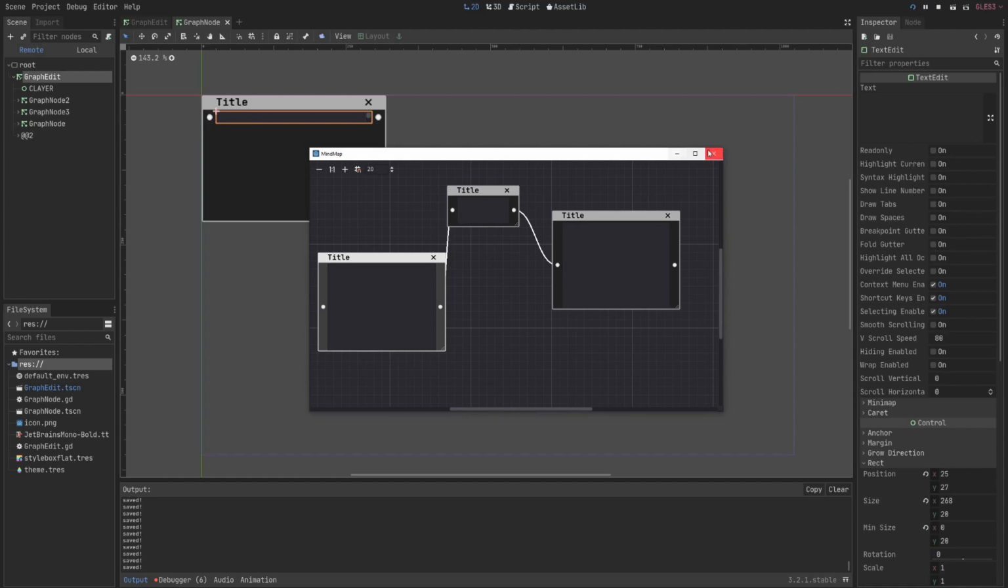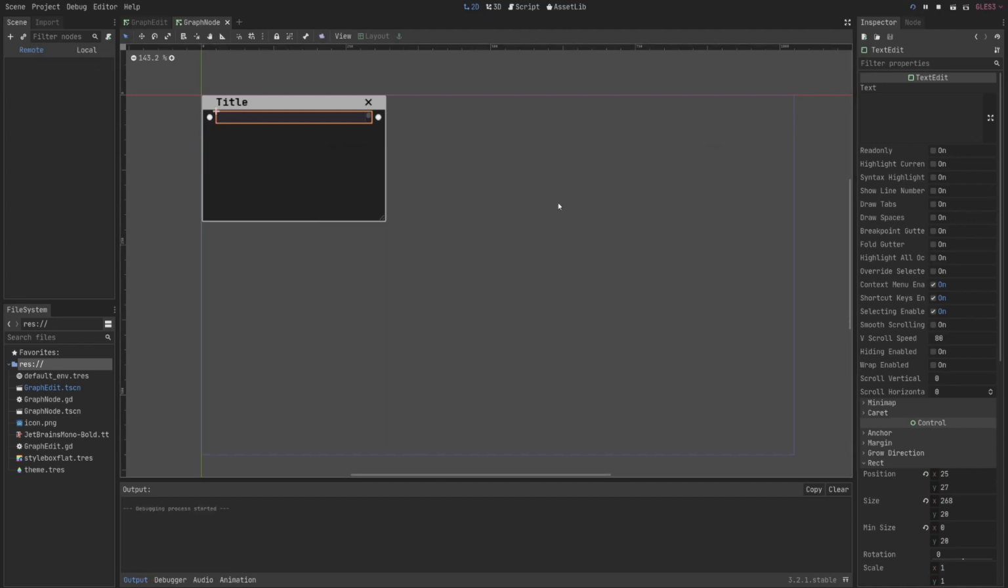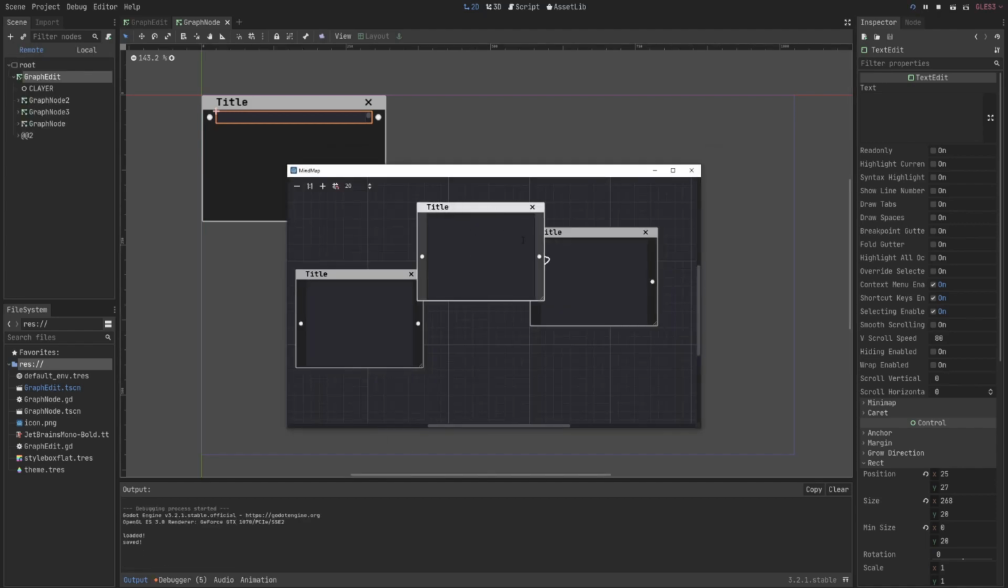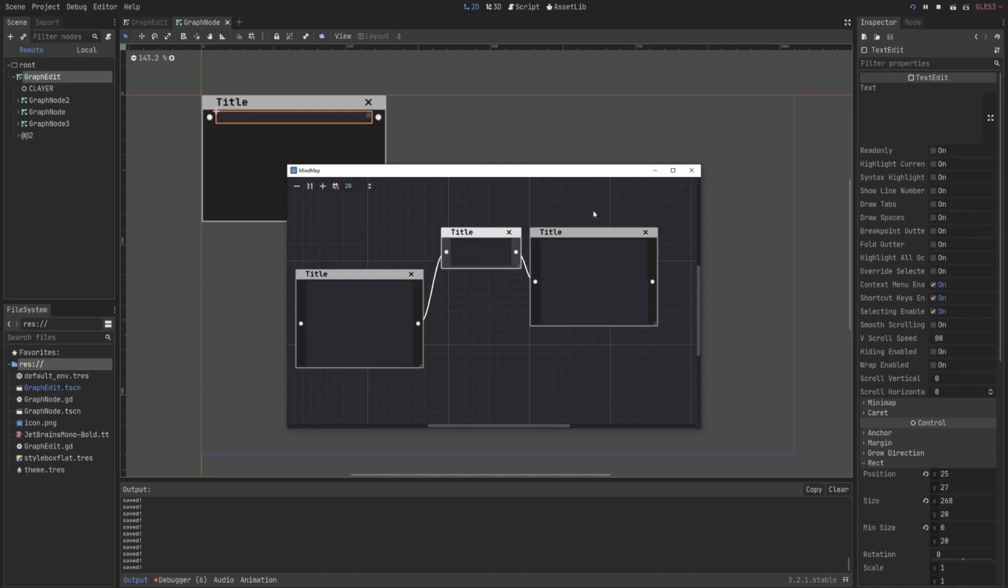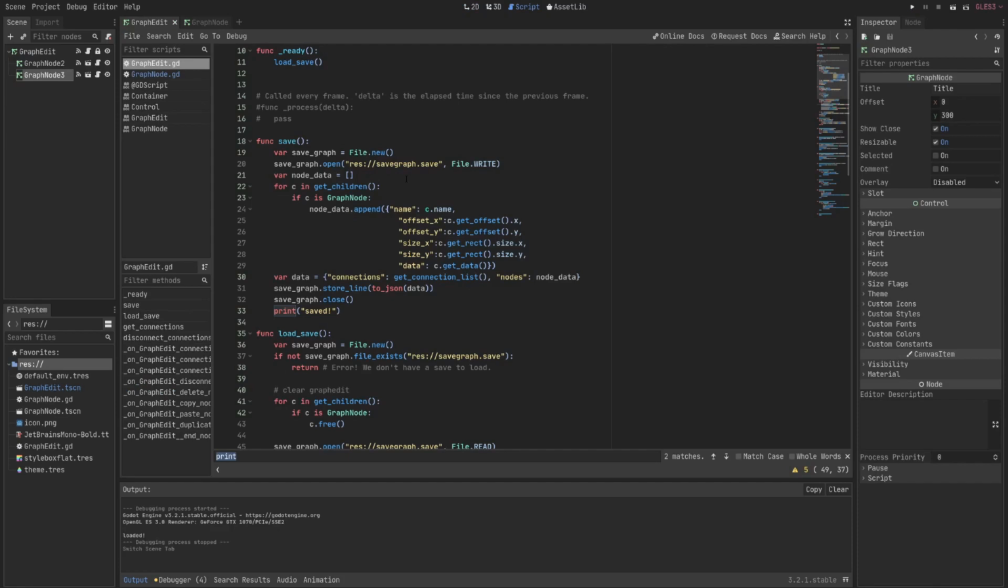I don't think this works yet. Yeah, this doesn't work. Okay, I still need to treat the size. So let's do this pretty fast. And now I've added the size X and Y to my save file, doing basically the same thing with the